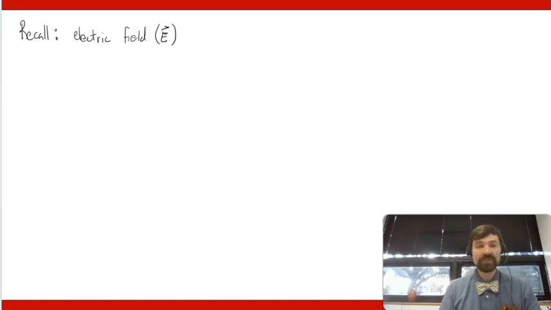Again, anywhere in space. So the definition, in some sense, comes from this equation that the E field force is defined as the charge times the E field. In a similar way, we had the gravity field,